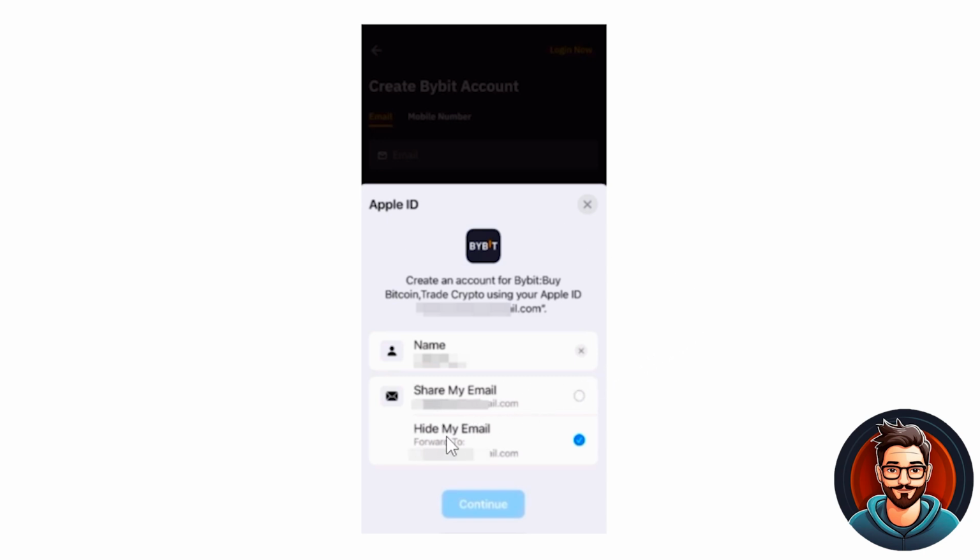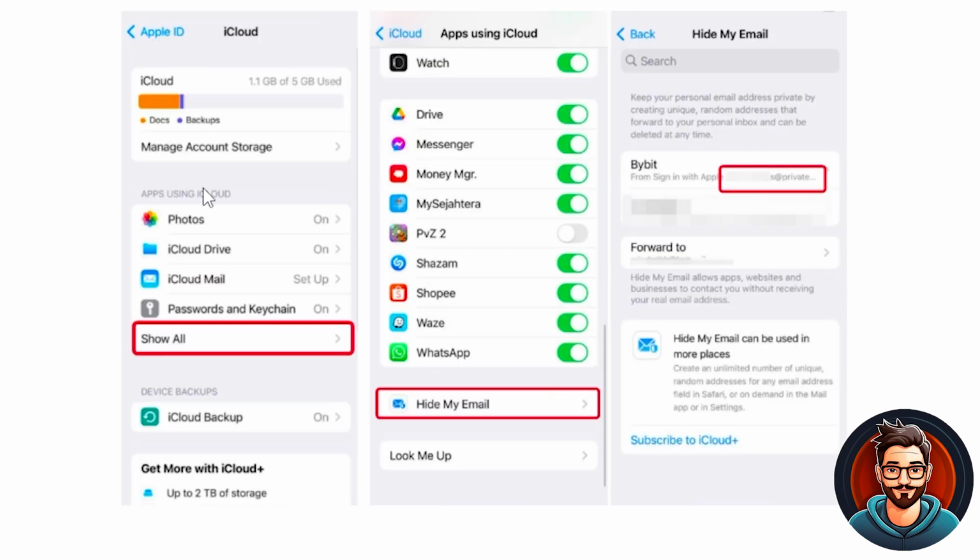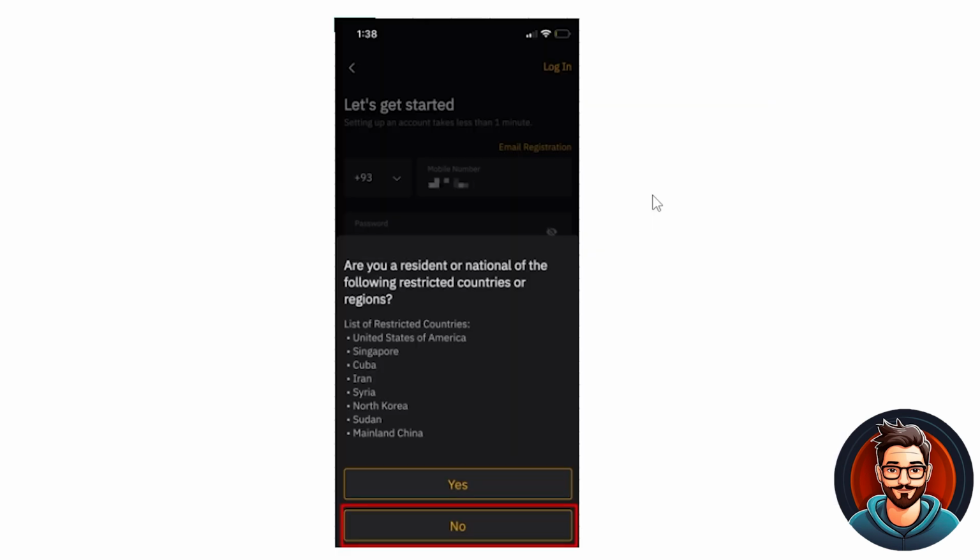If you have selected Hide my email for the registration, Apple will create a unique random email address. To check your unique email address, go to the Apple settings, iCloud, apps using iCloud, and select Hide my email. Step 4. If you are not from the restricted countries or region mentioned, select No to continue with